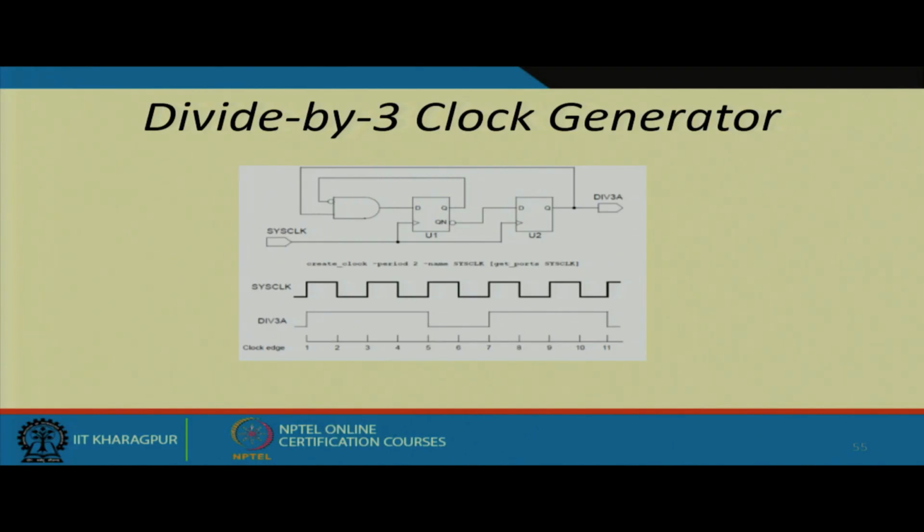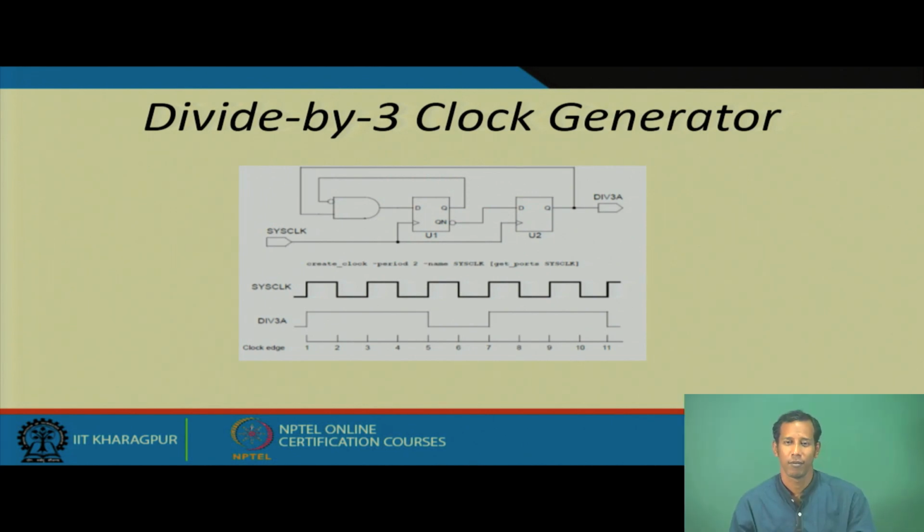the simulation. So, we can generate the divide by 2 clock very easily by connecting the Q bar pin to the input port of a single register, which is a very easy circuit to generate a divide by 2 clock. By that configuration we can very easily generate divide by 2, 4, 6, 8, that is, a power of 2 divide-by clock generator.